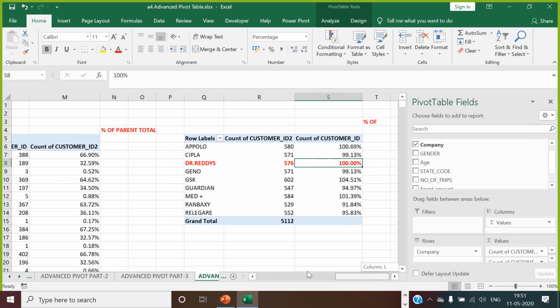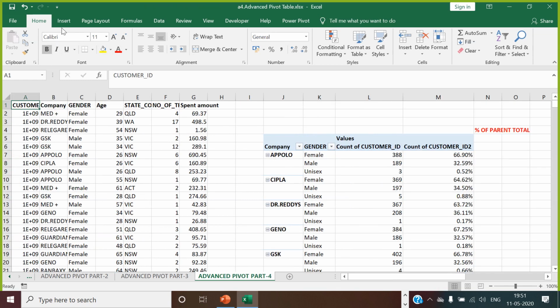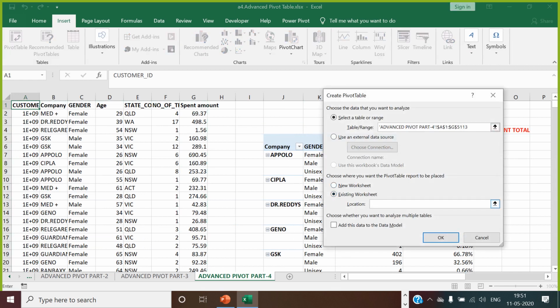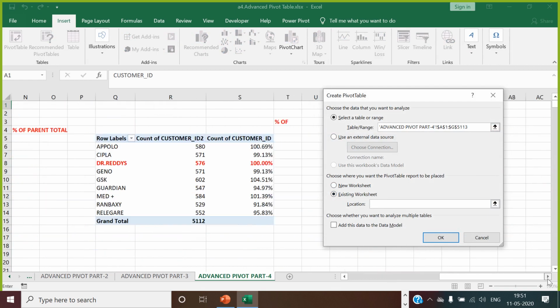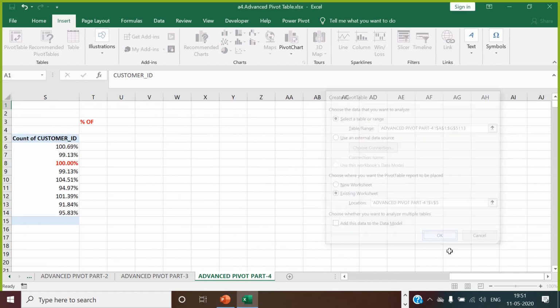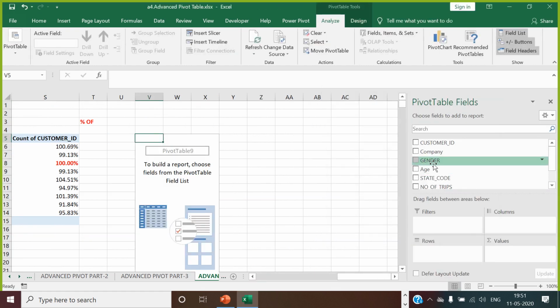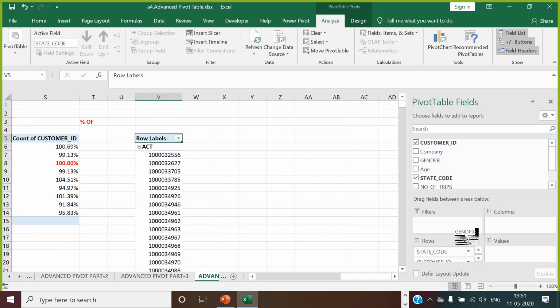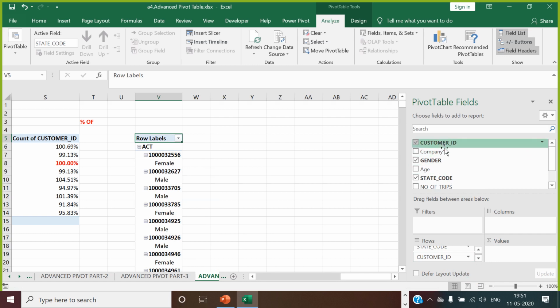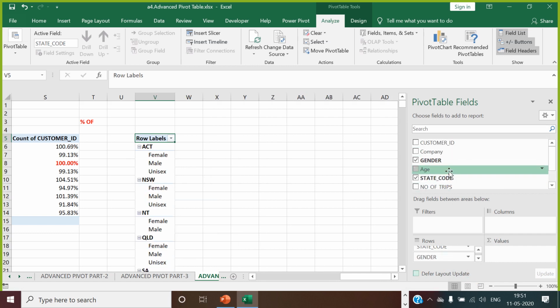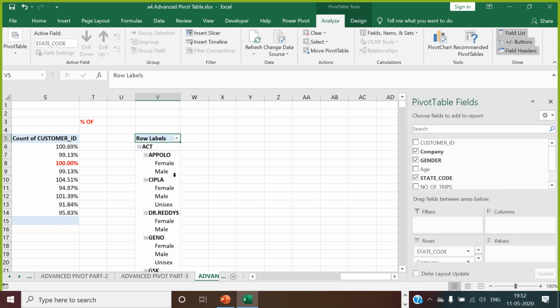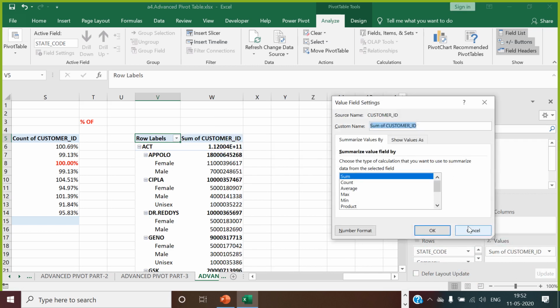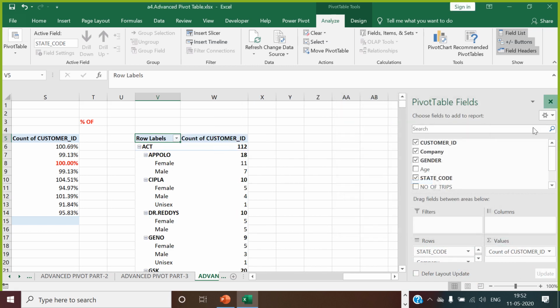What does it mean? It means if you are selecting this data, creating a pivot table, let's say I do this pivot table over here. In this I took my state code, I took my company, I took my gender, I took customer ID as a count.